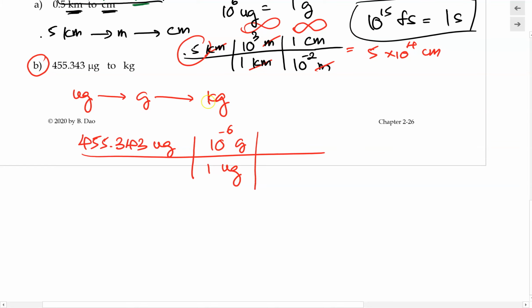And lastly, the other unit that I want to convert into is kilogram, right? And now I'm going to be putting kilogram on top. And 1 kilogram will then equal 10 to the 3rd gram. So there you go, that's how this would also be cancelled out. Okay, so gram cancels out with gram, microgram cancels out with microgram. So in this case right here, we would then have